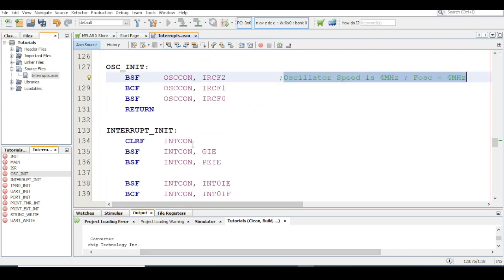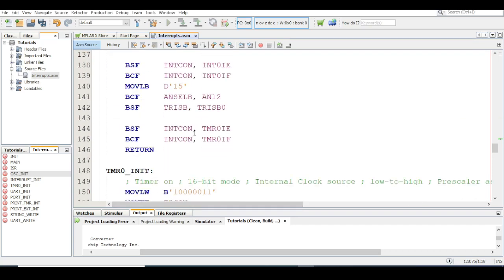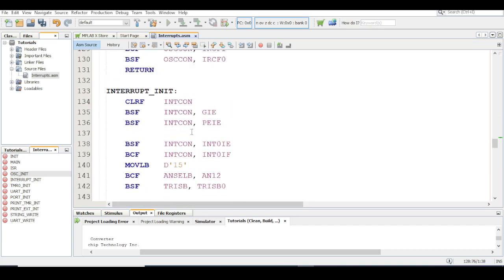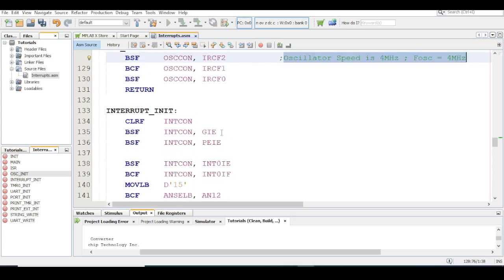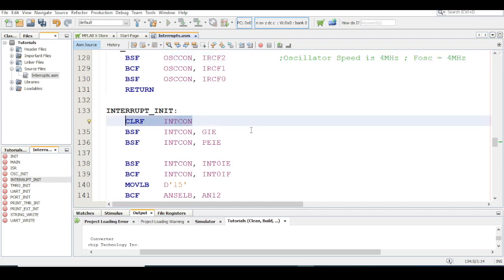And the next is the interrupt init. So for the interrupt, here we're just initializing the external interrupt. To do that, you need to clear the INTCON register. The INTCON register controls the interrupt. It's the interrupt control register, and first off you need to clear it, and then you set the GIE,